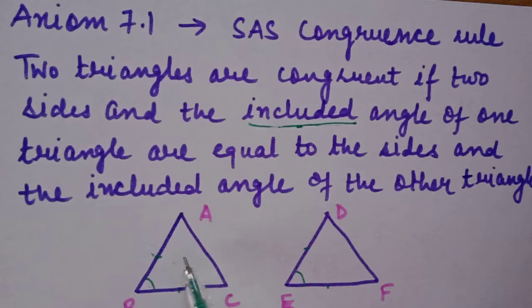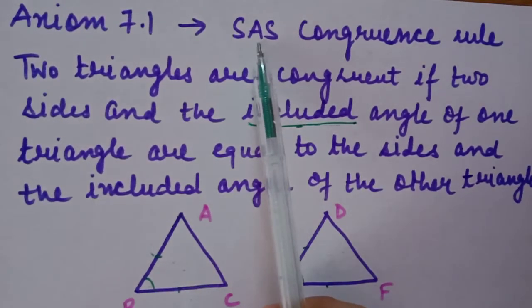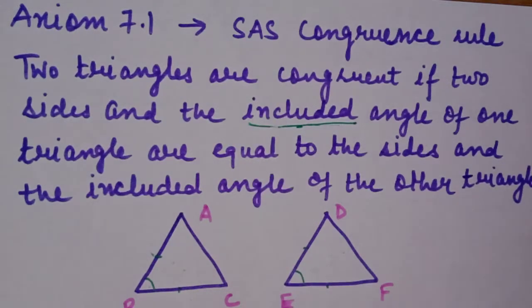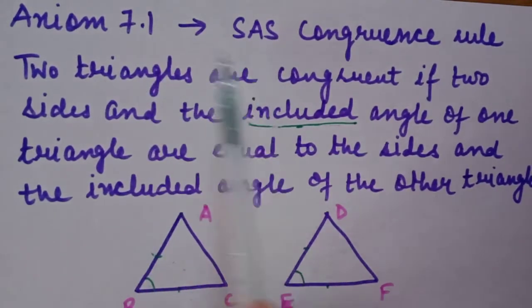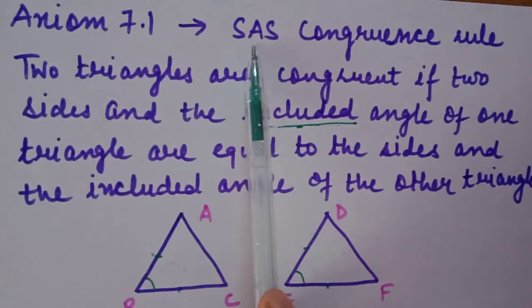It means in these two triangles, if two corresponding sides of these two triangles and the included angle are equal to each other, then they are congruent to each other by the congruence rule SAS. So two triangles are congruent if two sides and the included angle of one triangle are equal to the corresponding parts of another triangle, then they are congruent to each other. This is axiom 7.1, the SAS congruence rule. As an axiom, it does not have any